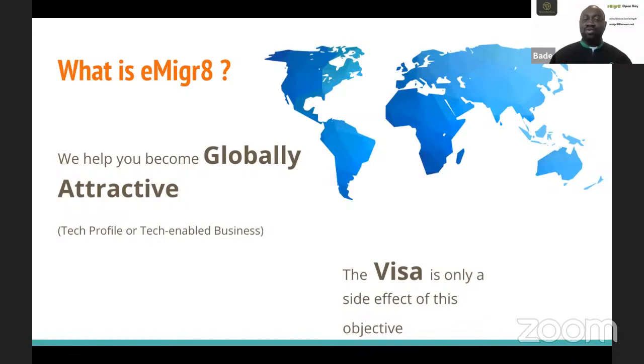But we believe that if you are globally attractive, having the visas is literally a side effect. The reason is because if you are globally attractive, you will have options. If one door closes, recently there was a lot of talk around a couple of doors that are closing. If you are following the news, if you are part of the eMigr8 community, you are probably aware that the UK student visa route plus the dependent visa are being reviewed by the UK Home Office, for example. But the point is that if you are globally attractive, you will have options of several different countries, apart from your own country, where you may even decide to say, oh, I want to build or stay within my own